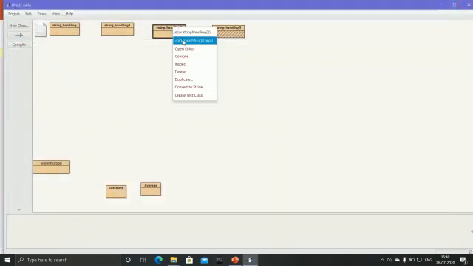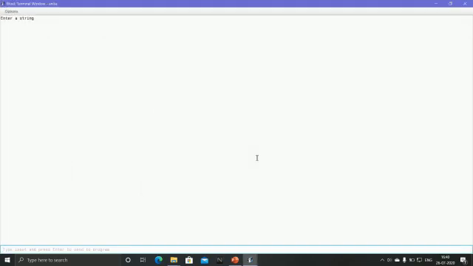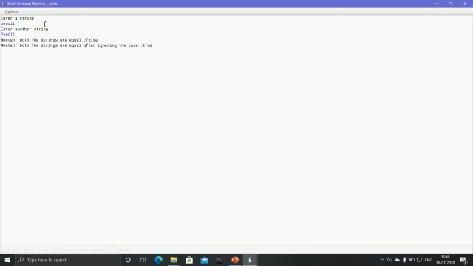Then we will open void, okay, enter a string. First string we are taking pencil, second string we are also taking pencil. First pencil and pencil both are the same, but I am writing 3 characters in capital, but in this all characters are capital. Whether both strings are equal, ignoring case is false. Why false? Because both are the same characters but the case is not the same, so this answer is false.